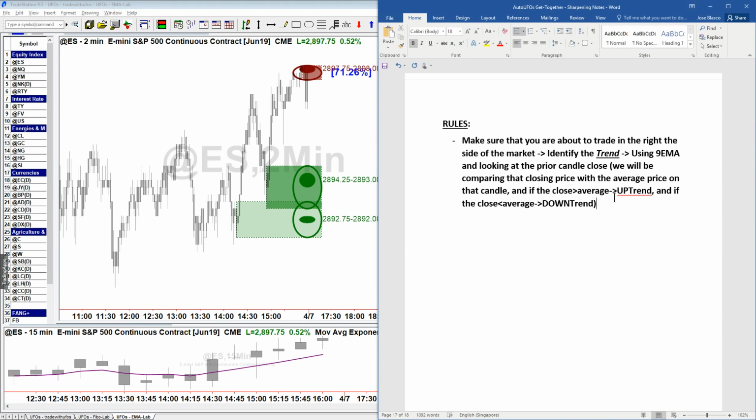Okay, and you know, I'm gonna use a strong word here, if that's okay. Our salvation is gonna be what? Well, it's gonna be the UFOs. That's the salvation. When you put it all together, the UFOs are gonna keep you on the right side with the right timing. You will avoid the choppiness, and if the market is about to become choppy, at least you'll be hitting those target ones when we talk about exits. So getting you out of the trade for break evens. So if the market is about to be choppy, there is no money to make anyway, but at least you have break evens. You will not have losses. Okay, so we'll get there, Mital. A very good comment.